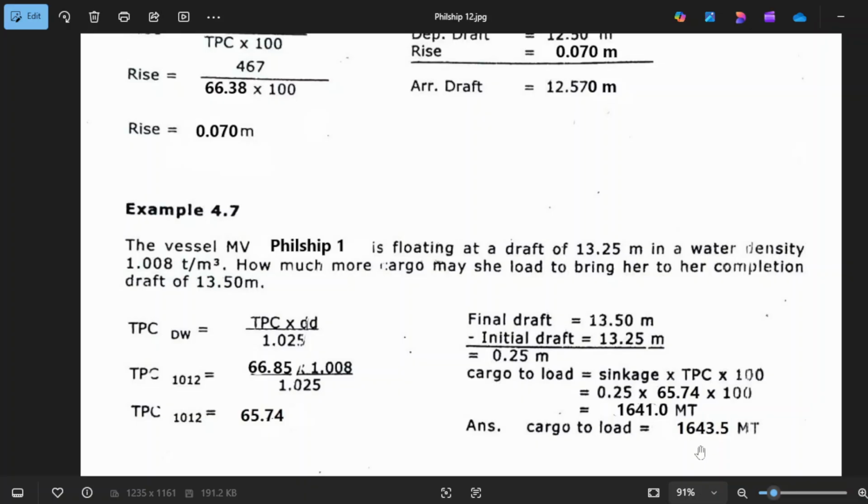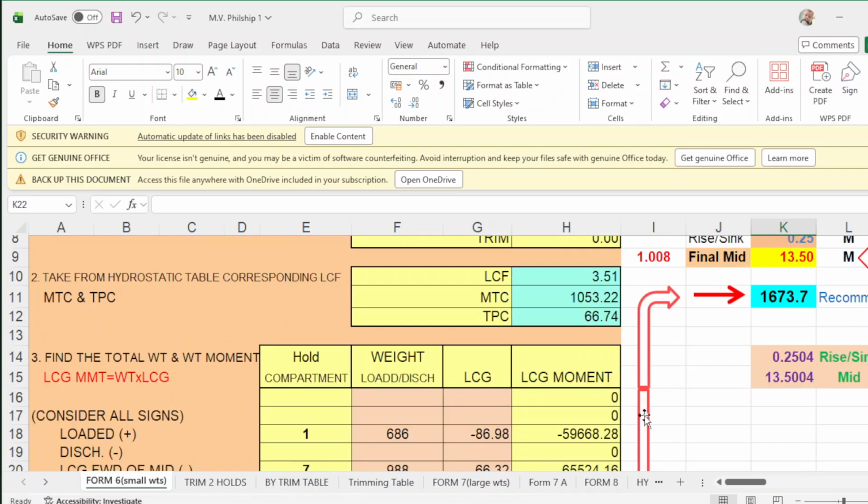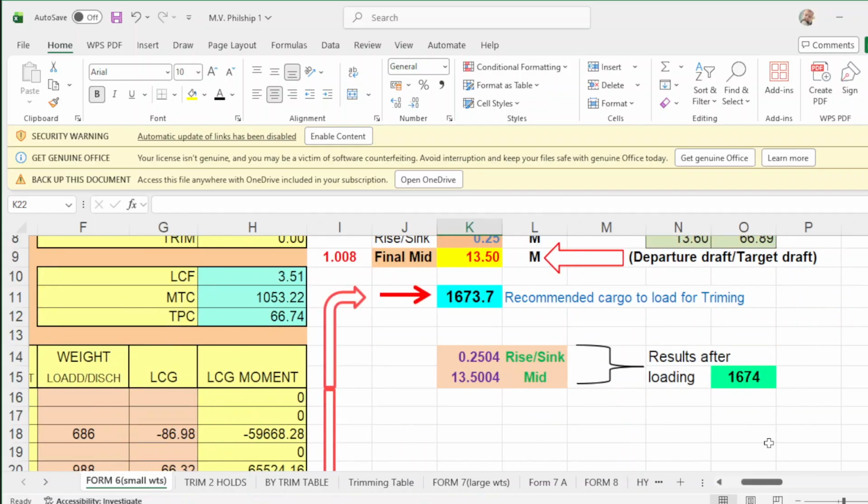0.25 times 65.74 times 100, that will be 1643. This one is correct, not this one. So 1643, but what we got in the program is 1673.